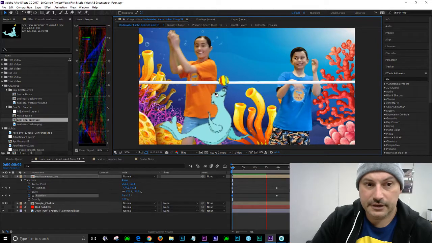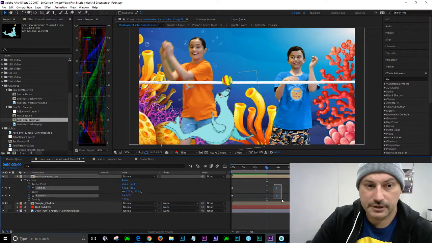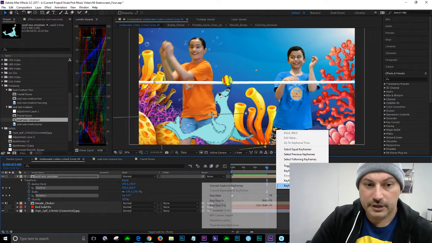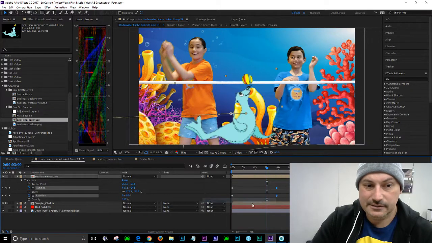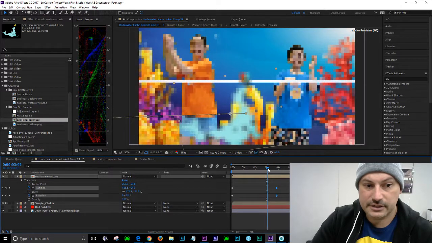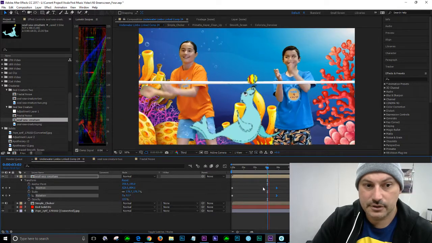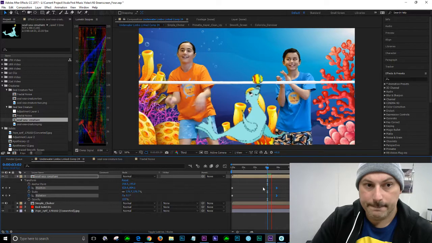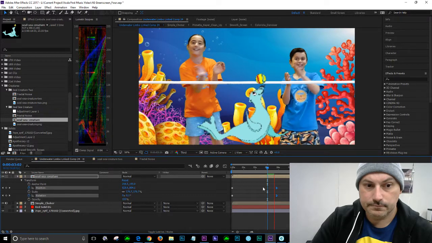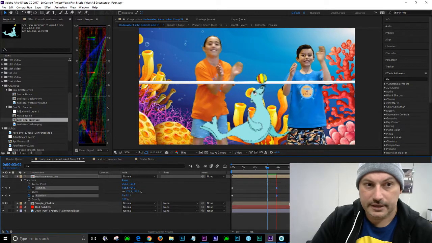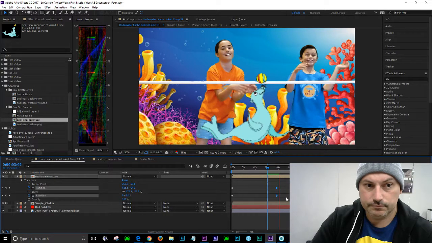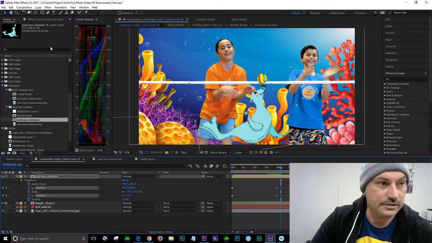Now in terms of the keyframes, we can see what's happened. We can actually go keyframe assistant, easy in, because it's moving in, and we can start to see that it will slow down as it gets to that keyframe, and it will stay there obviously. So now